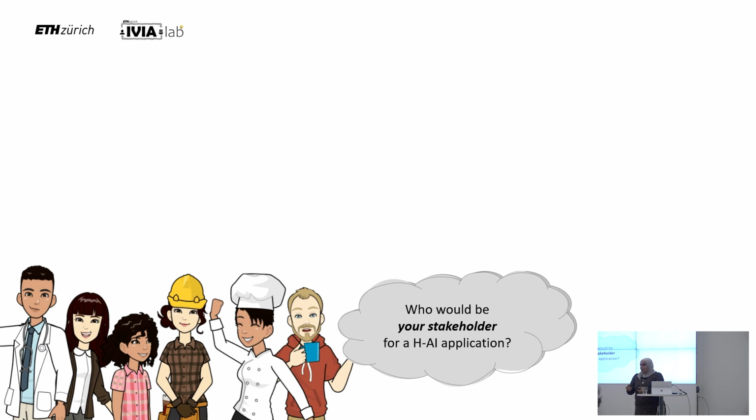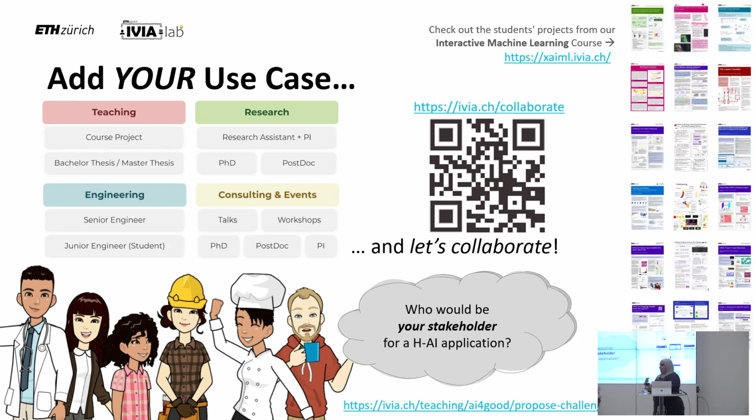In the meantime, we're also very, very interested to hear from you what your questions are or what your challenges are for human-AI applications. So if you want to send us some inspirations from your own domains, what you would like to solve in terms of human-AI interaction, we're always happy to receive these challenges. For one course that is currently cut out, interactive machine learning, we're always looking for challenges for new student projects. So this is starting every spring semester, where we're looking to actually work on real data and real challenges and so on. And we're starting a new course called Human-Centered AI for Social Good, where we're focusing on climate, peace, and health specifically, and we're also looking to collect challenges. So if this is something that's interesting for you, we're happy to receive that.